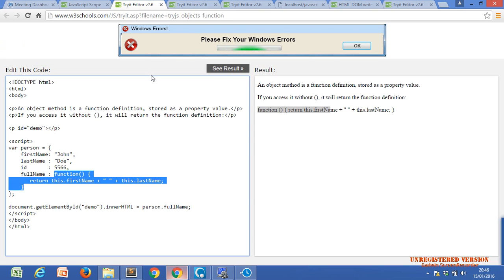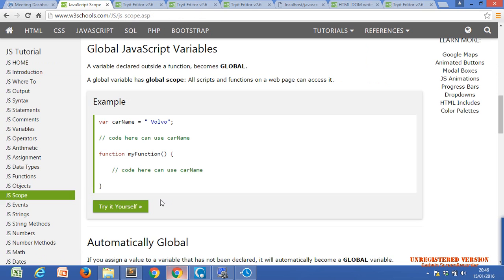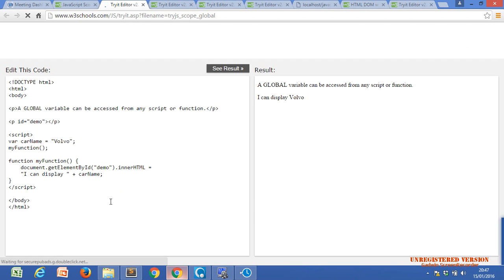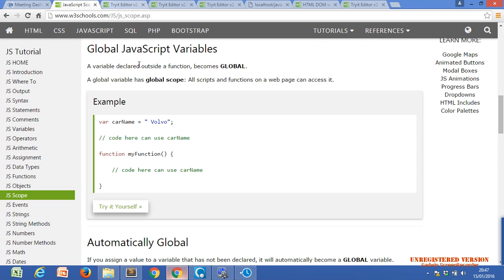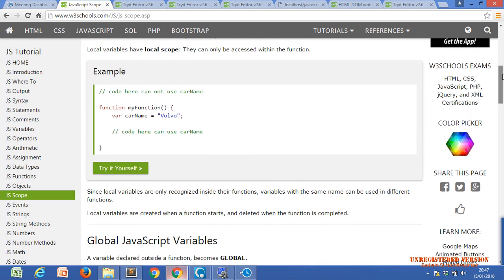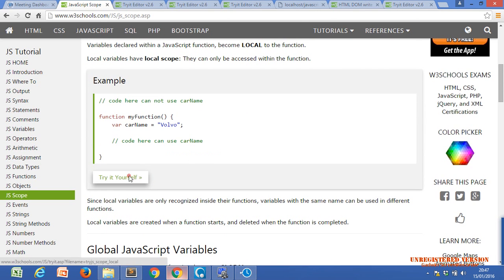Let's see the example. Within the function, is there any variable within the function? Yeah, this is within the function.